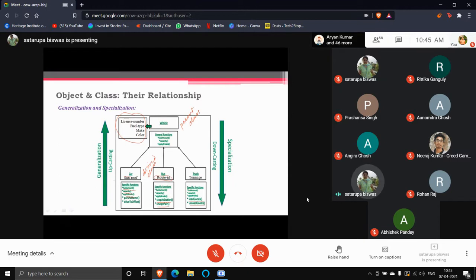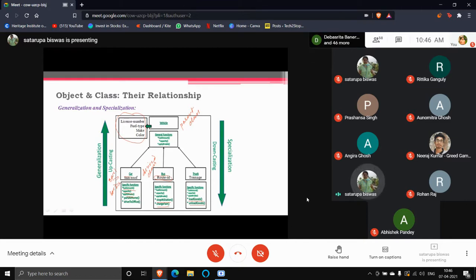Now when you instantiate this car class, meaning car 1, car 2, what are they going to have? They are going to have all of this: license number, fuel type, make, color, and sunroof. All the variables will be present under it to define the state of the car. Different values should be present for car 1 and car 2.